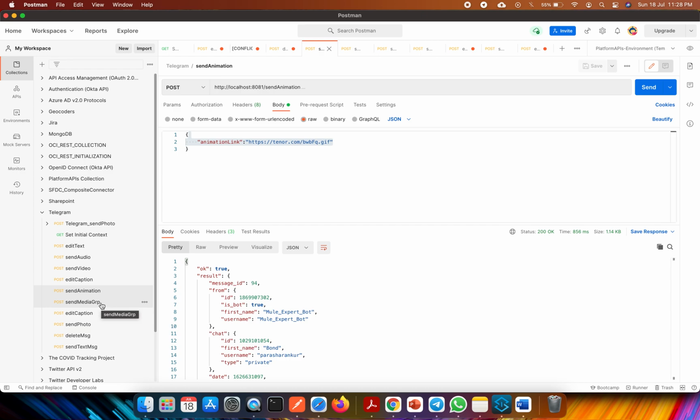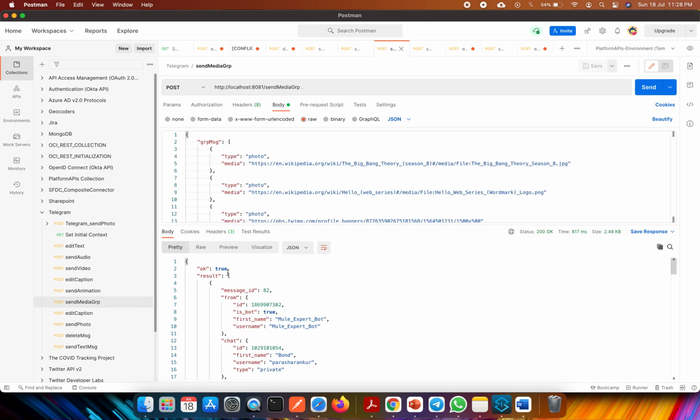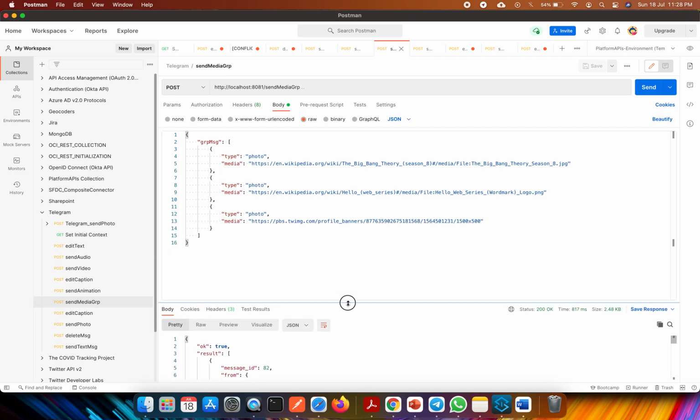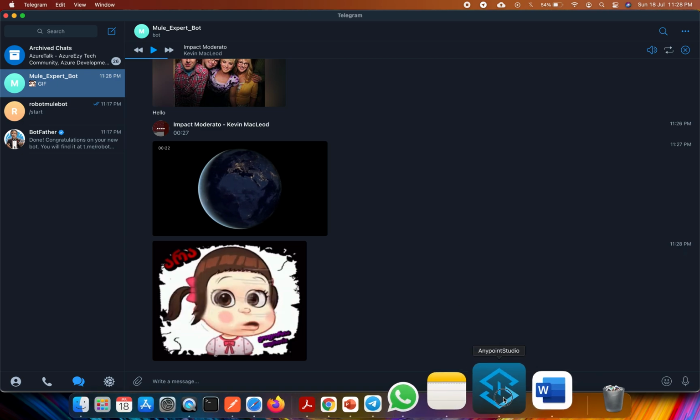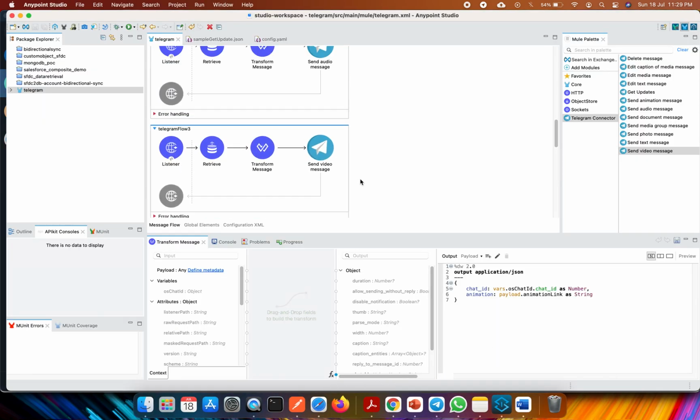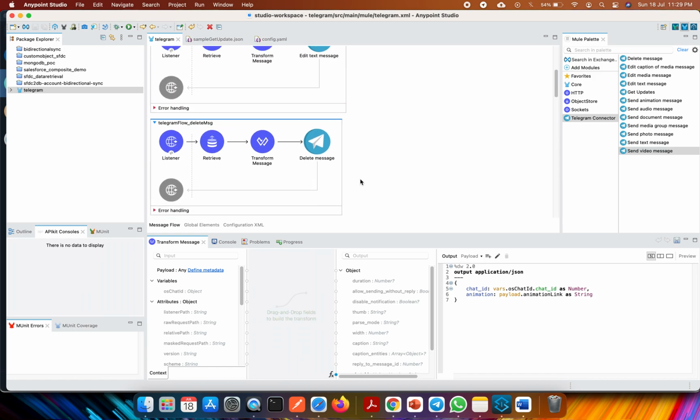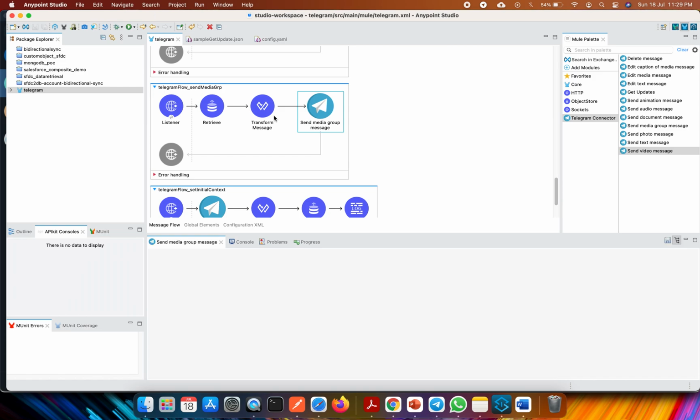I have in main all of the things, but only this send media group is pending. So media group, as per my understanding, will comprise multiple files which can be of the same or different types, and it will send all these files in one shot rather than individually. It will create an album and it will publish the same. So let me show you the configuration of this particular media group. Yeah, this one. Quite similar.